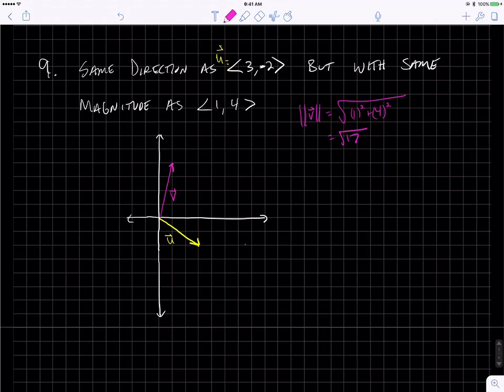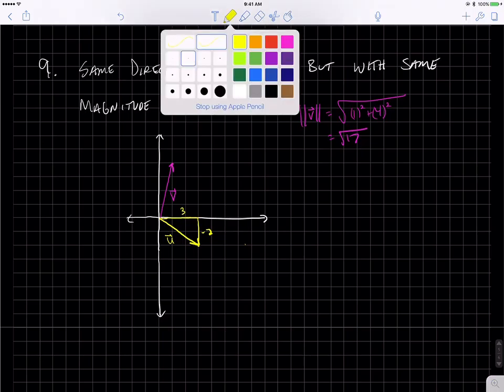For direction, I know we can do angles and stuff, but what I want to do here is look at the components of U. So we're going over 3 and down 2. I know it's a -2, but I'm just going to remember that the negative puts my vertical component going downward. Now, if I want my vector to be in the same direction, it has to keep that ratio of vertical to horizontal component. So in other words,